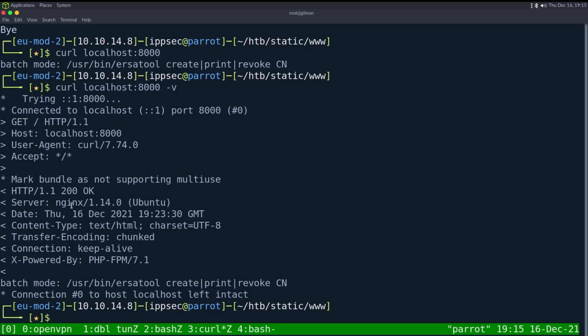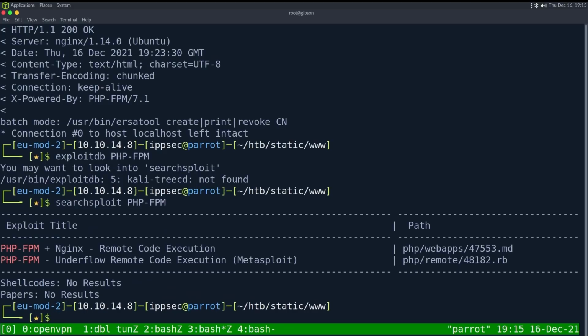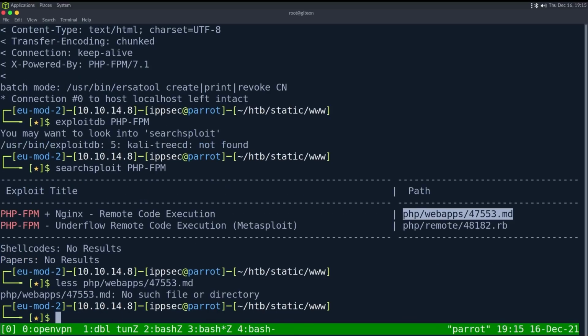This is new. We saw the last Ubuntu machine was running Apache, I believe. But we have this X-Powered-By header, PHP-FPM 7.1. We could probably exploit it. Let's search ExploitDB with searchsploit. And let's see, there is a Metasploit script and this. So if I less this MD file or searchsploit